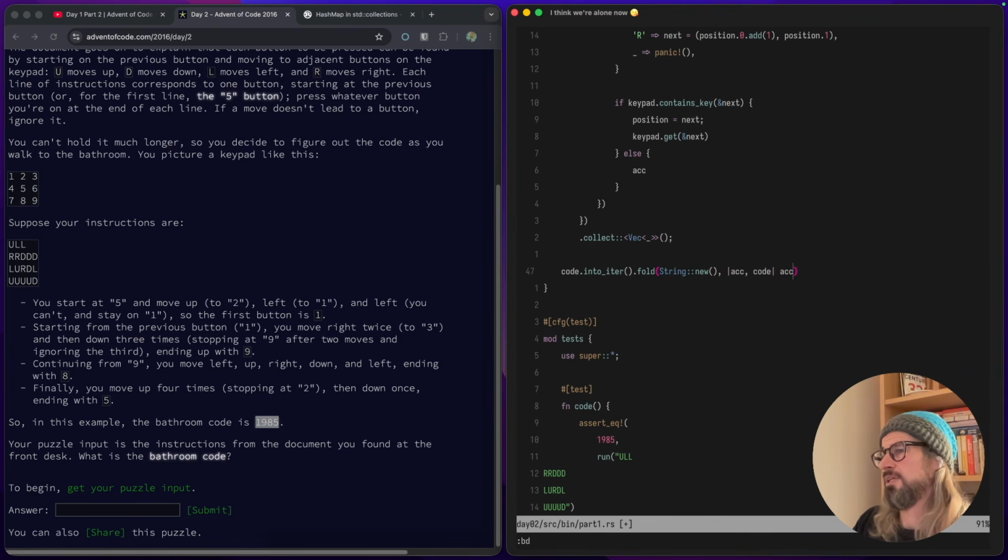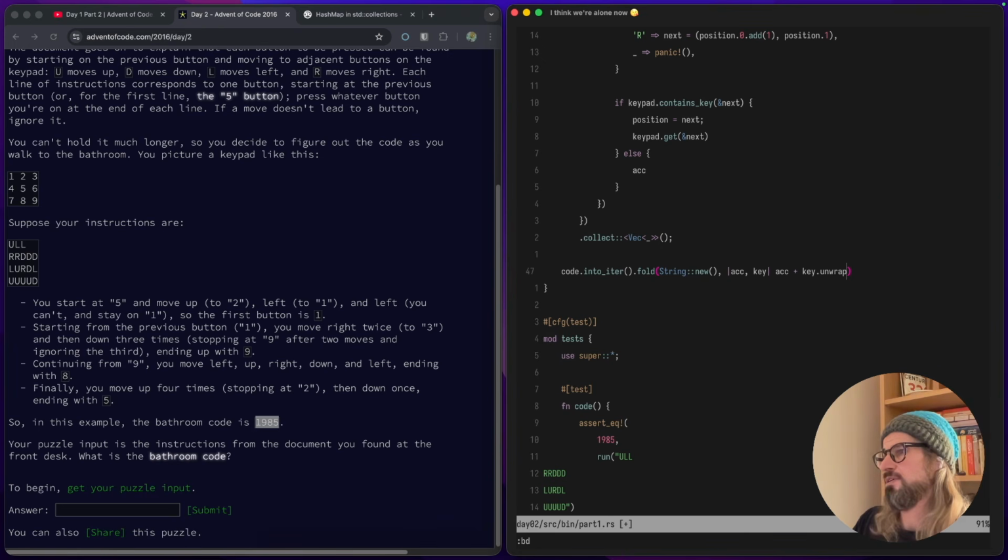And then we will add to the accumulator on each iteration. Let's call that key, because that's each keypad number we're going to press. So we're going to add key dot